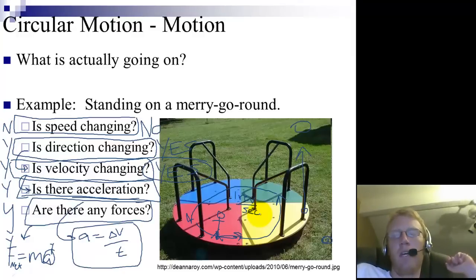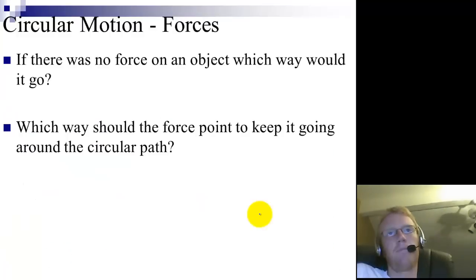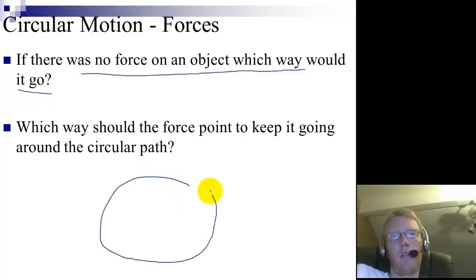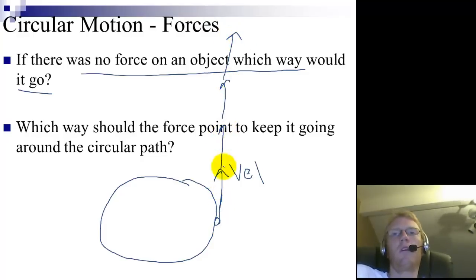The only way that can happen is if there's a force keeping you on that curved path. Okay. So if there was no force, what would happen? You would go on a straight line. So imagine here's a circular path, and you're standing right here, and your velocity is this way. If the net force was 0, you would just keep going this way, and you'd keep going this way, and you'd keep going this way, and you would definitely no longer be on the roller coaster, or the whatever this